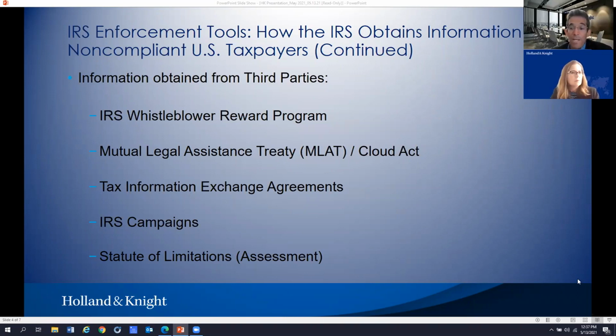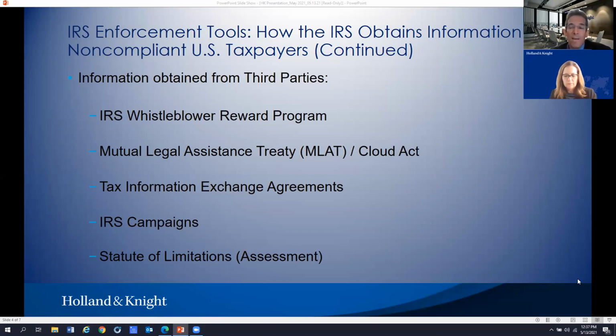Interestingly, maybe not interestingly, I've had a number of clients over the years, traditionally from Brazil for whatever reason, who move to the US and want to find out if there's anything that can happen to them in the US for tax issues they have in Brazil. And we will go through all of the numerous processes that governments have to work together.